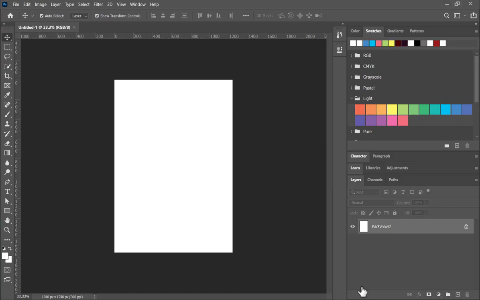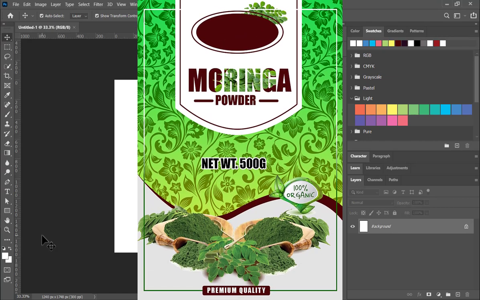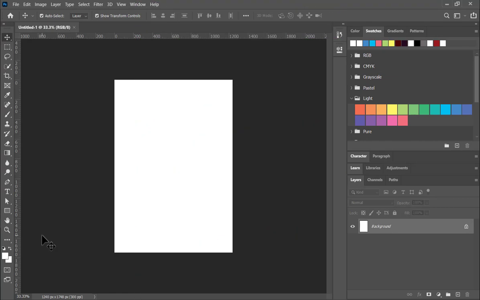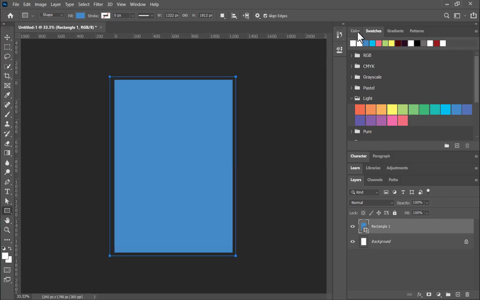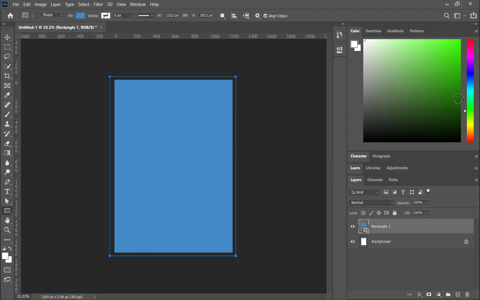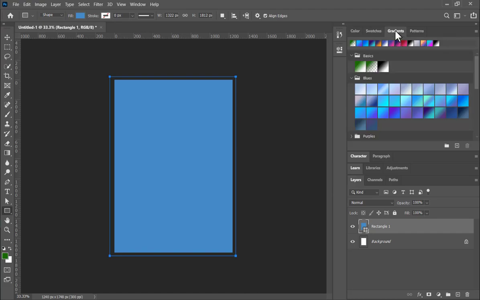So you guys, you know it as always, first things first, that is the background. So actually we're going to design a packaging design for moringa powder, something like that. So let's dive in. Let's start creating our background. So my rectangle tool, click and drag. I need a shade of green, so click there, then locate